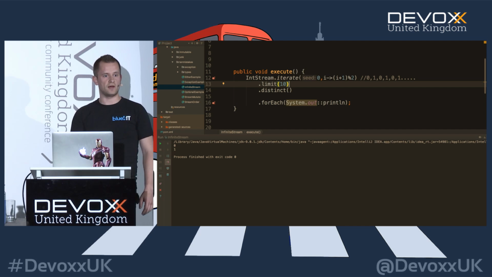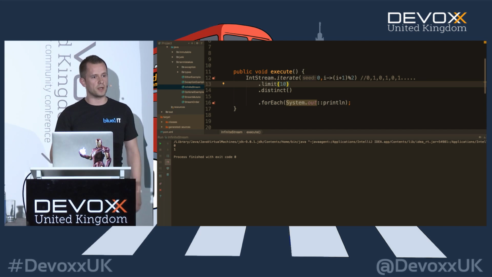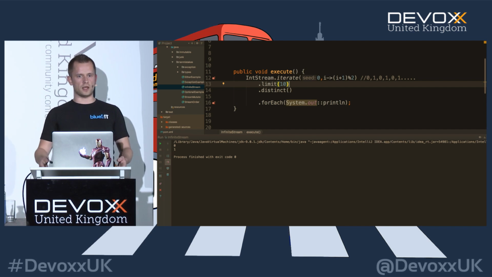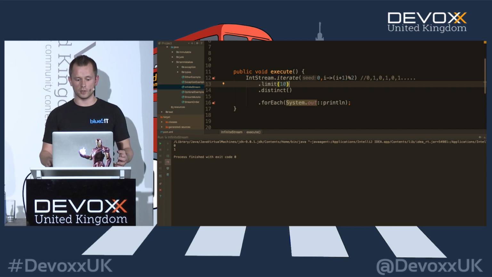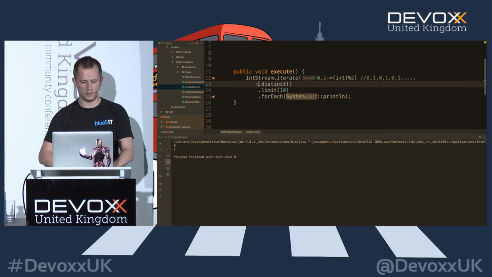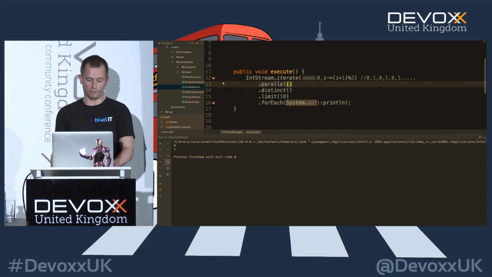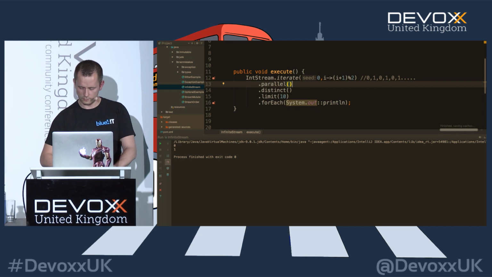it perfectly works, because I have 10 items in my stream, I will distinct it to 2, and it gives me two items back. So first of all, the order of operations is very important, and you have to take care of the fact that an infinite stream actually runs forever, and it will keep your thread busy forever if you're not watching it properly. Can you imagine if I do this? What will happen? Yes, saving caches, whatever.